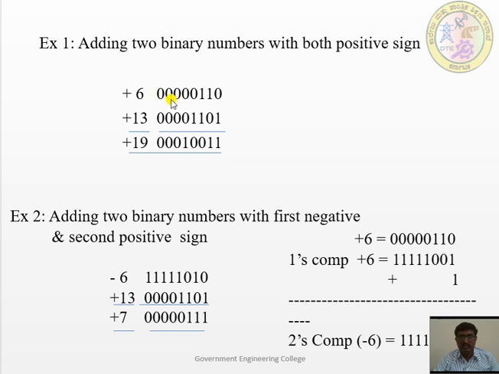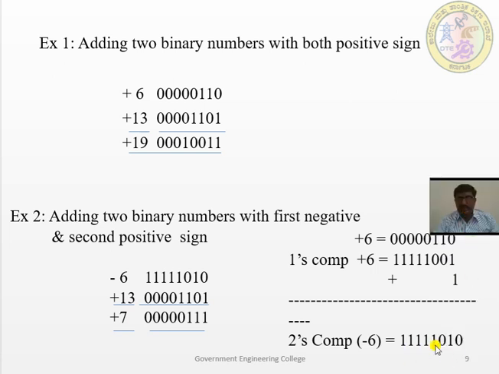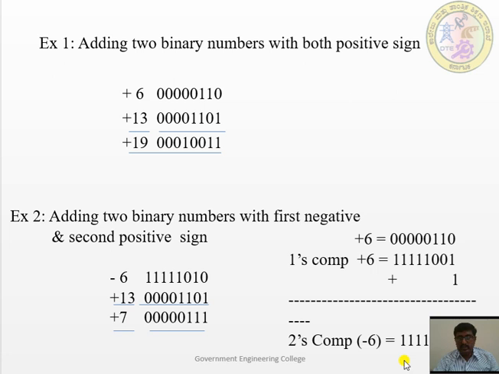So this is the 6 value, that is 5 zeros, 1, 1, 0. First we should convert to the 1's complement, then add 1 to it. So the value we get is 1 1 1 1 1 0 1 0, the same value that has been taken here. Or we can directly do the 2's complement: the first 1 bit should be checked, and until that the bits are kept the same. Here 0 is the same, until the first 1 it is the same. The remaining bits should be taken as 1's complement, so 5 ones, then 0 becomes 1, 1 becomes 0.